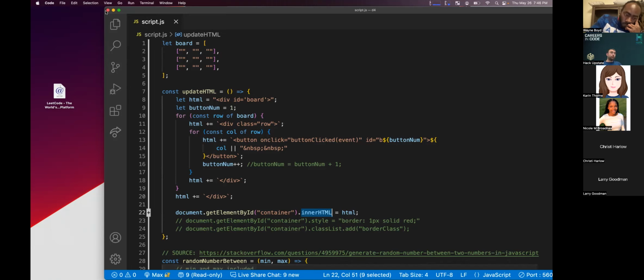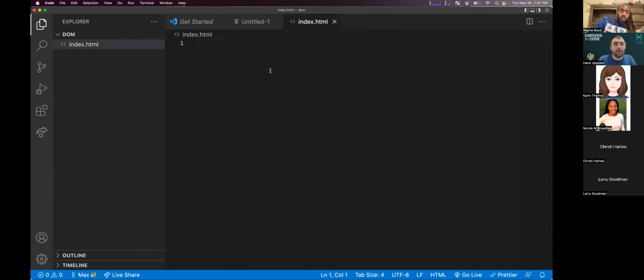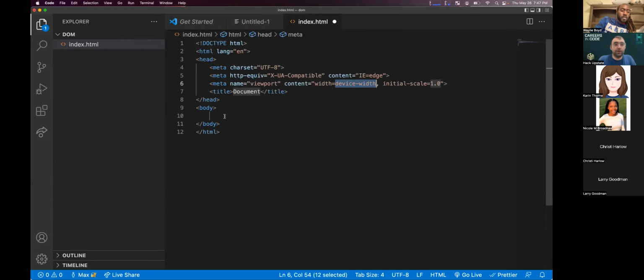I'm going to create a new folder called DOM, and a new file called index.html, and do my whole HTML. We've used document.getElementById a lot, and we've used document.innerHTML, but there are some other functions that are similar to that. So if I create my div with an ID in here, and say new elements go in here.